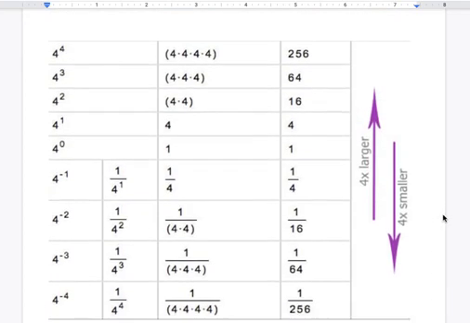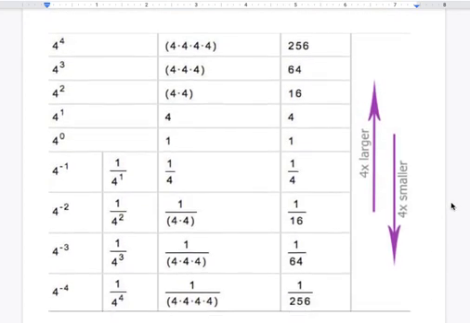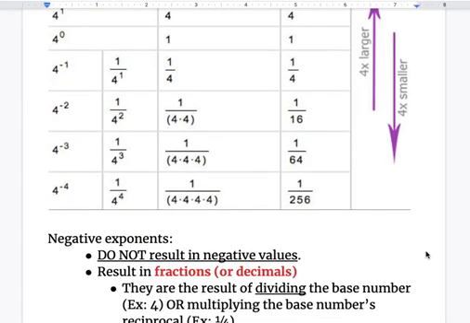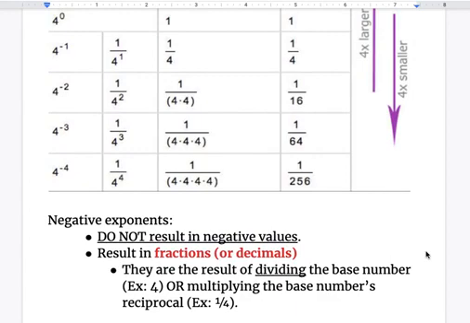So if you haven't paused the video and jotted down this table, you want to go ahead and do that now before we move on. So go ahead and pause the video, jot down this table. I would also jot down this pattern on the side and maybe put it in a different color so it pops out at me. And then make sure that you write down that a negative exponent never ever results in